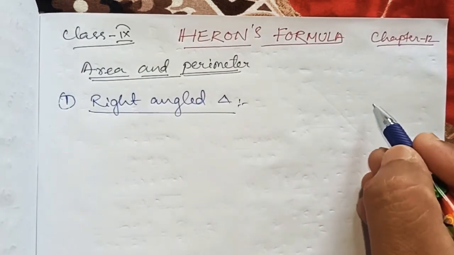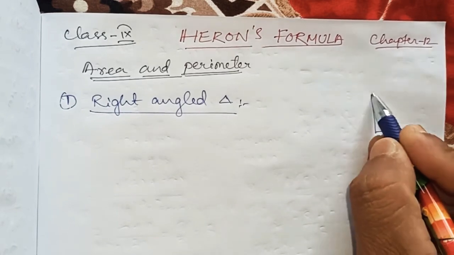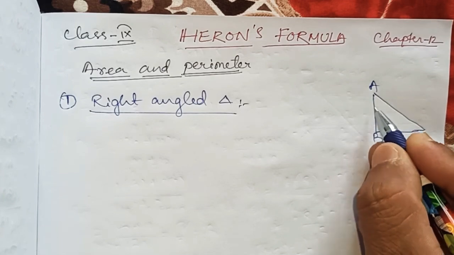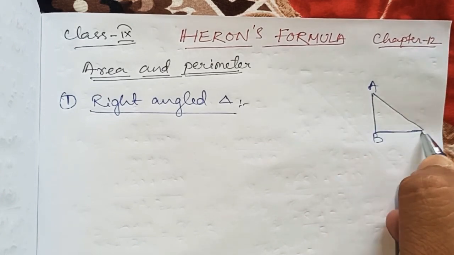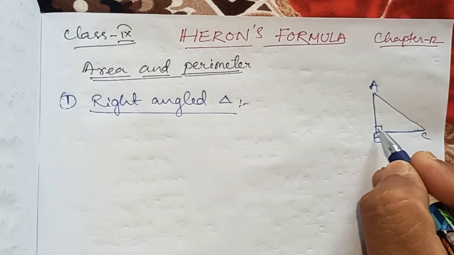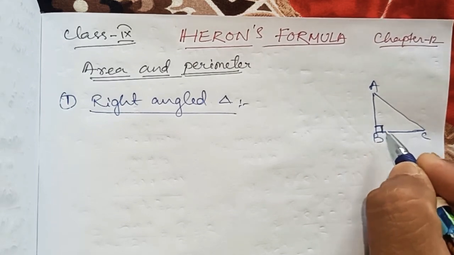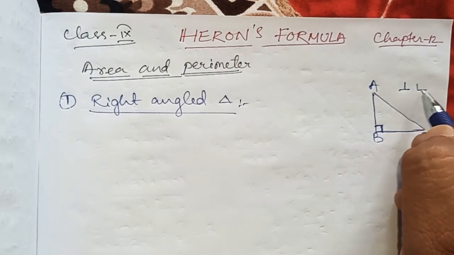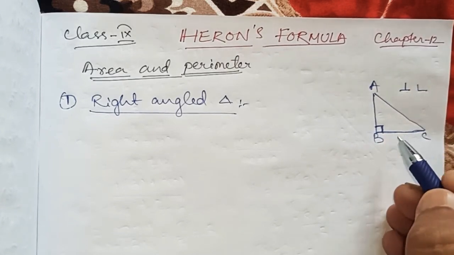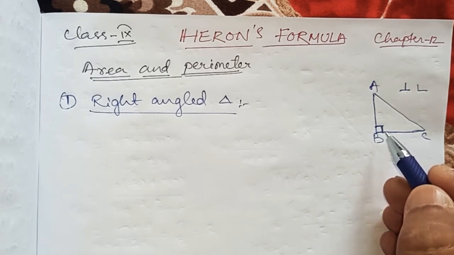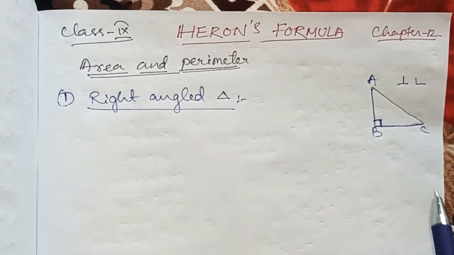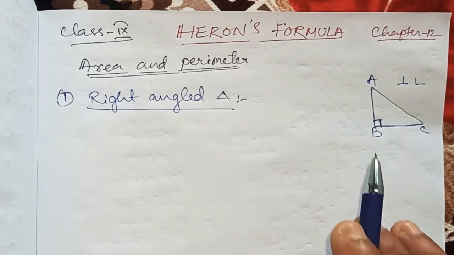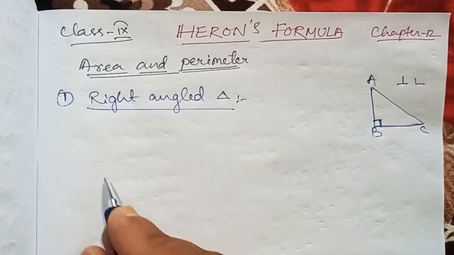In a right angle triangle, the diagram will be something like this. Suppose ABC is the triangle, and remember the L shape will be 90 degree. Always the L shape will be 90 degree. Any L shape or T shape, if it is given in the diagram, then take it as 90 degree directly. So here angle B is 90 degree, remember. For this type of triangle where a 90 degree angle is given in the question already, it is easy to find the area.